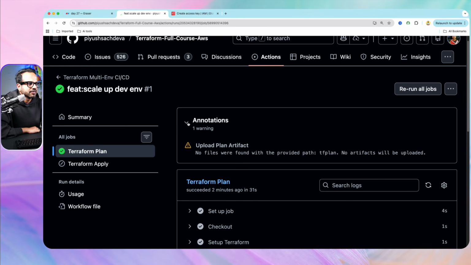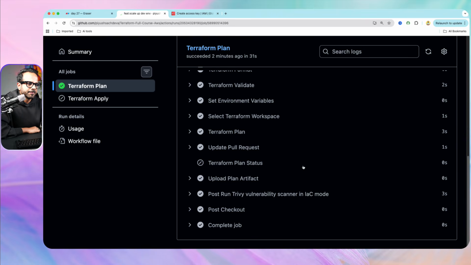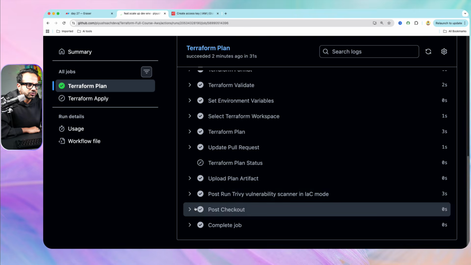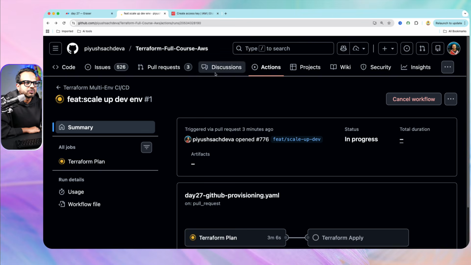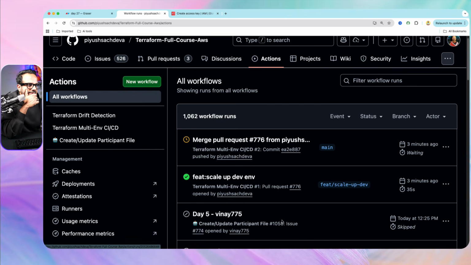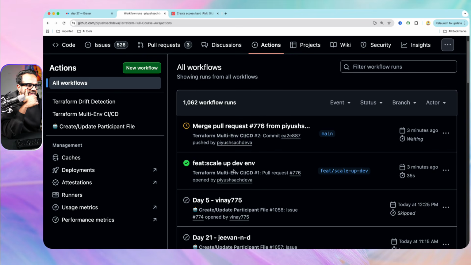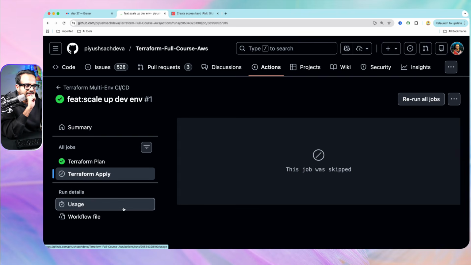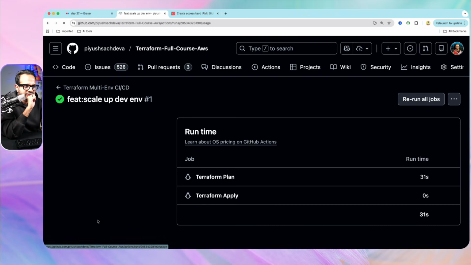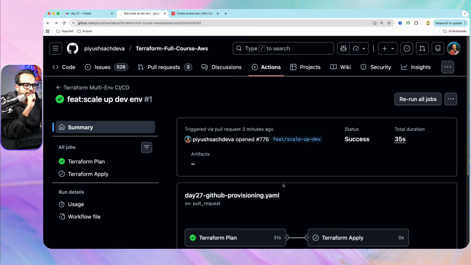Okay, and no files were found with the provided path tf plan. Maybe because over here Terraform plan, let's go back to the actions again. Okay, so this actually completed, but it did not trigger the apply because it did not find the plan file. Okay, and the job was skipped. So let's go back